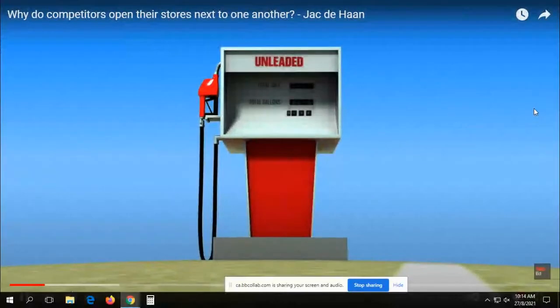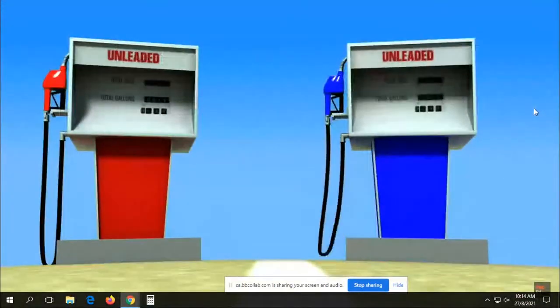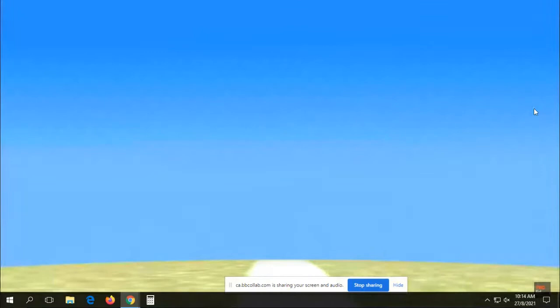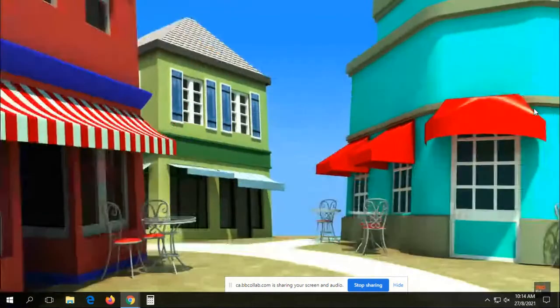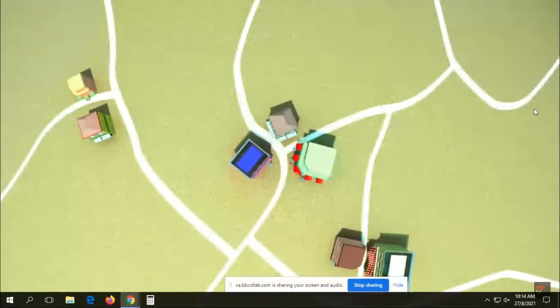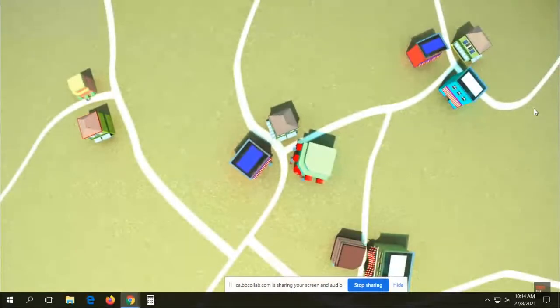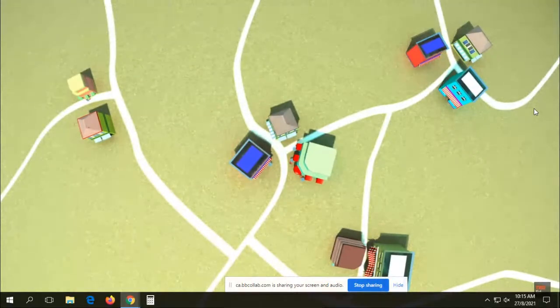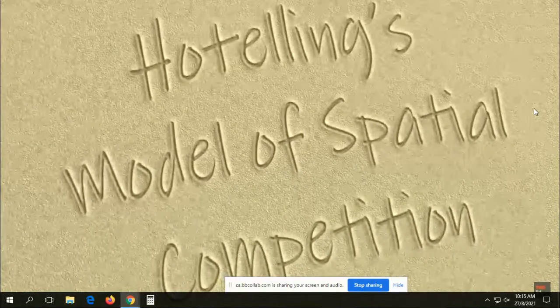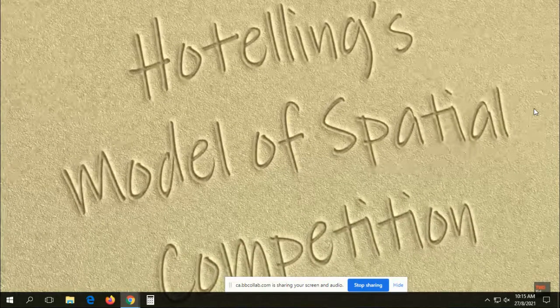Why are gas stations always built right next to other gas stations? Why is it that I can drive for a mile without finding a coffee shop and then stumble across 3 on the same corner? Why do grocery stores, auto repair shops, and restaurants always seem to exist in groups instead of being spread evenly throughout a community? While there are several factors that might go into deciding where to place your business, clusters of similar companies can be explained by a very simple story called Hotelling's model of spatial competition.